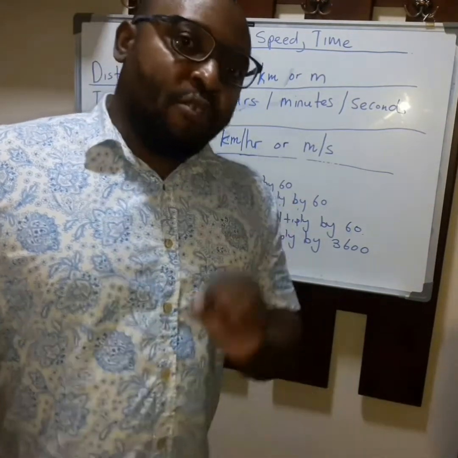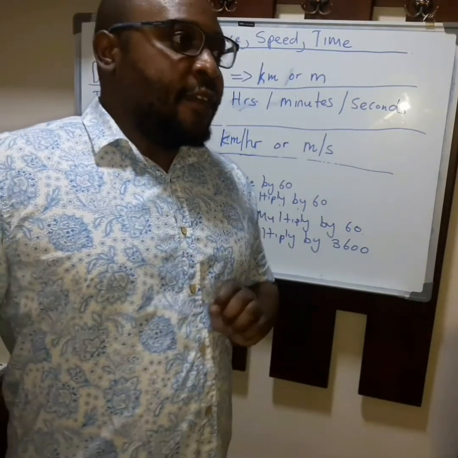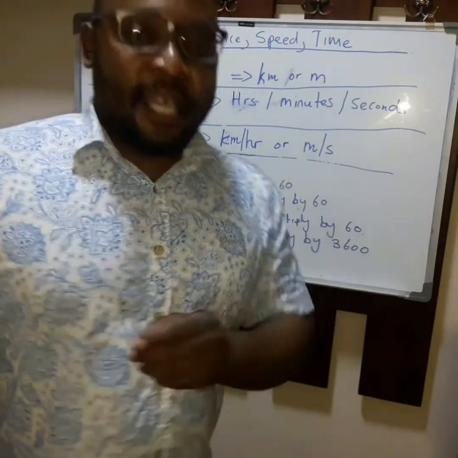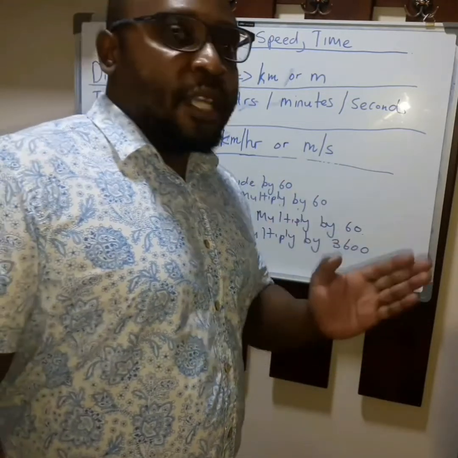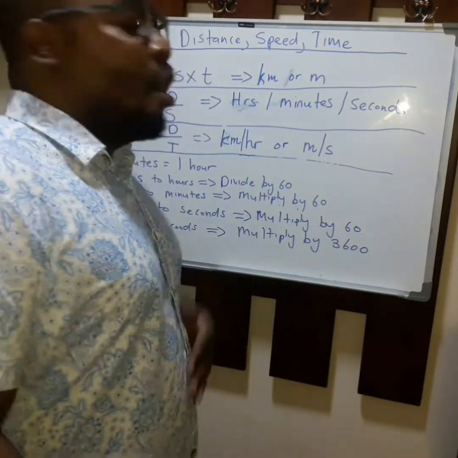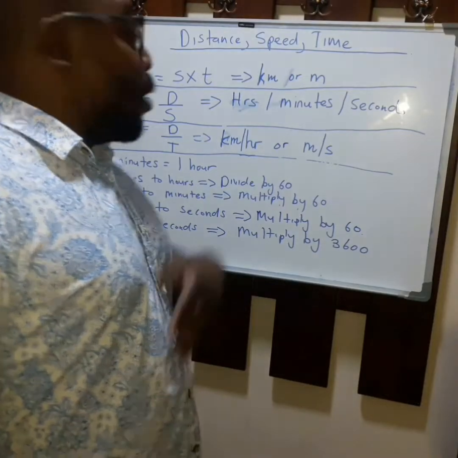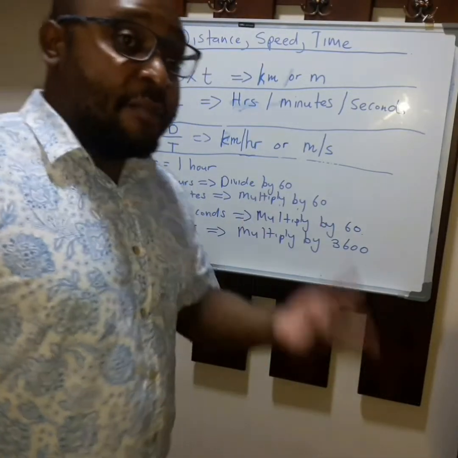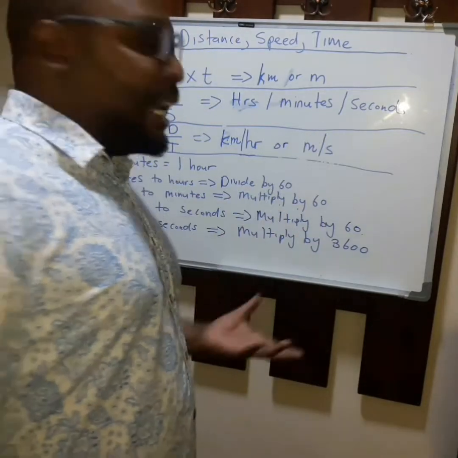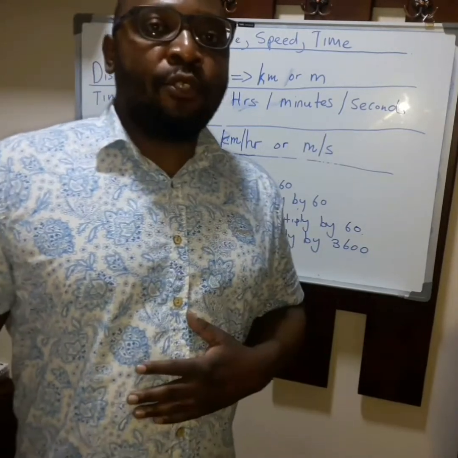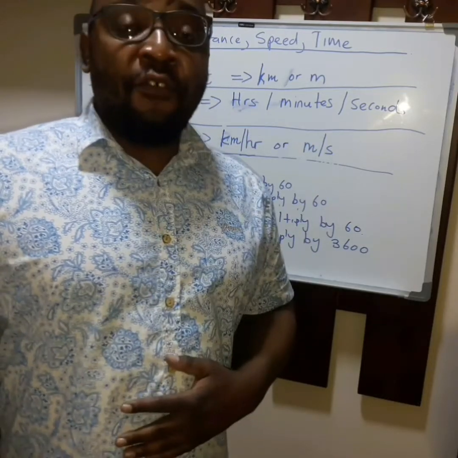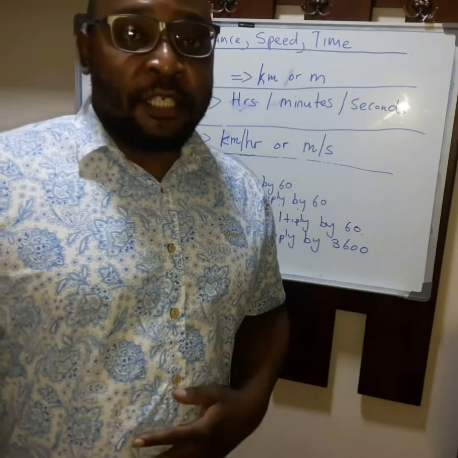3,600. What we must also consider is that we cannot measure kilometers and seconds in most cases. Kilometers go with hours. So our speed is in kilometers per hour or meters per second. Our time can be in hours, minutes, or seconds. So basically this is an introduction with regards to motion. In the next presentation, I'll be looking at a graph and we need to describe it.